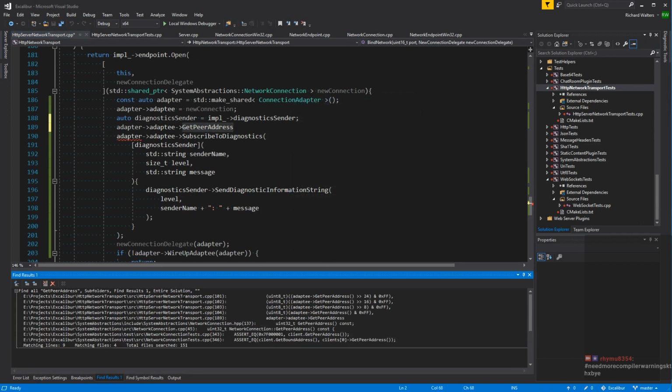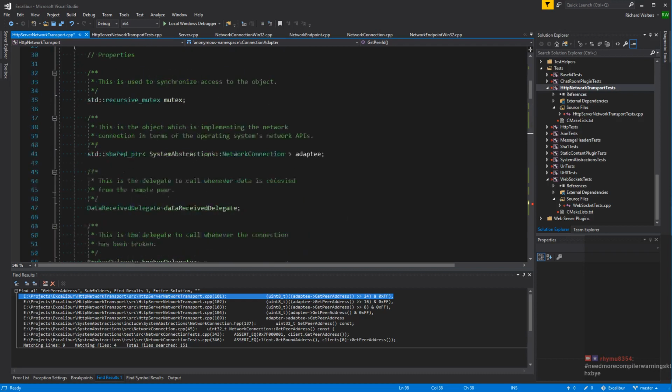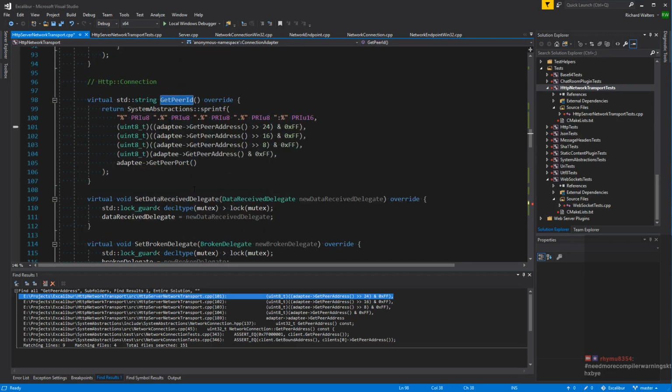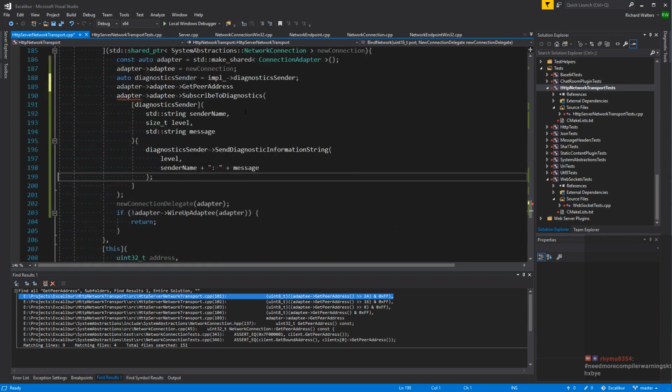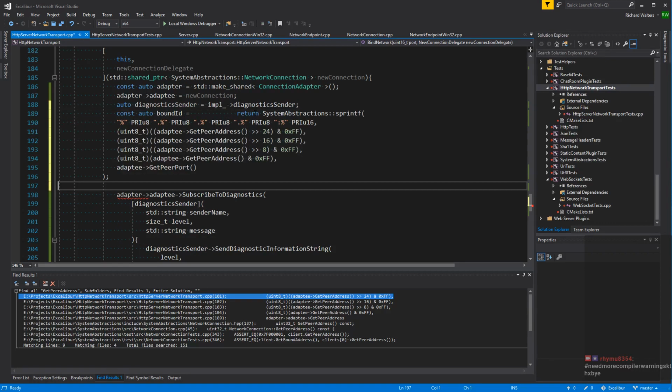Yeah, that is used. Oh, we have a get peer ID here. We use that? Yeah, I think we can. Oh, but I don't want the peer ID. I want the bound ID. What if we just copy that and paste it here? So const auto blah blah blah bound ID is this.